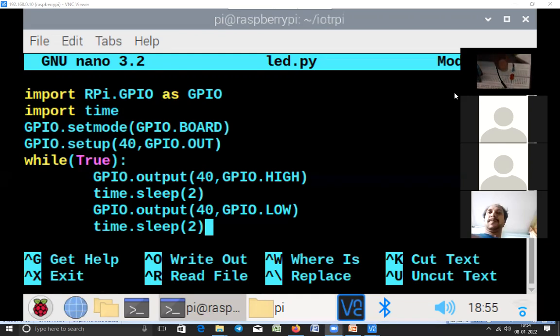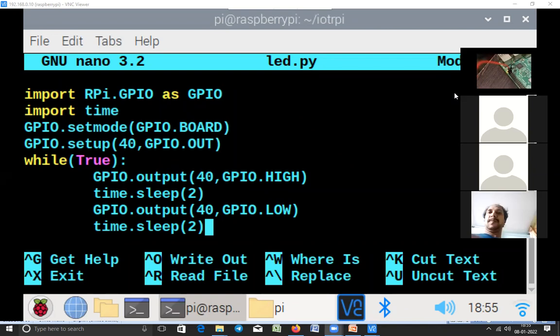So we have connected this LED. This end is the cathode terminal, and this is the anode terminal. From the cathode we have connected to ground. This is pin 39, which is ground. The anode is connected in series with a resistor, and from this resistor end we have connected to pin number 40. This is the last pin, all of you. This is pin 40. So this is how we made connections.